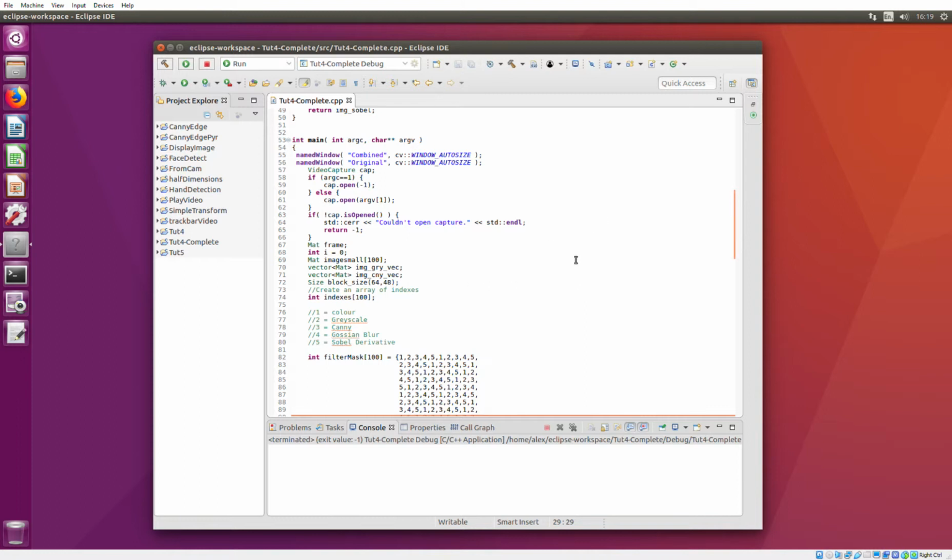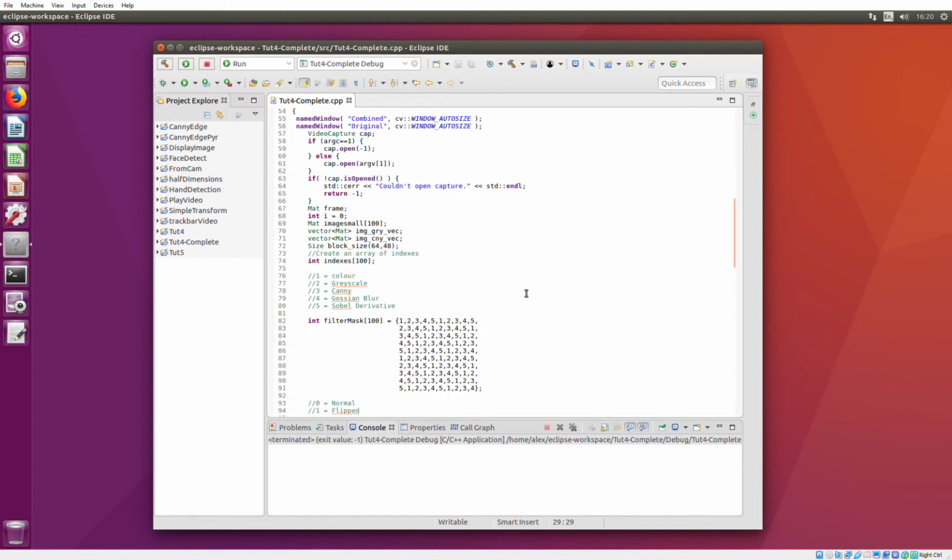We'll create int i equals 0, and we'll create an image small array of 100. We'll create the two vector maps, and we'll set the block size to 64 by 48 because the actual frame size is 640 by 480. We'll create an array of indexes of 100,